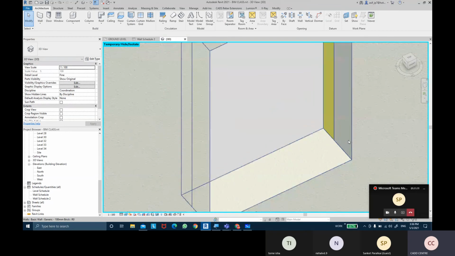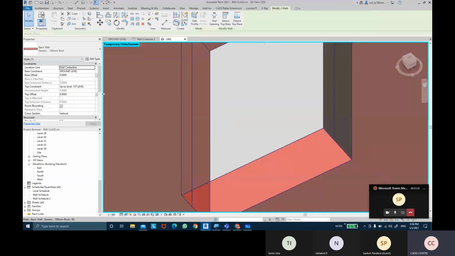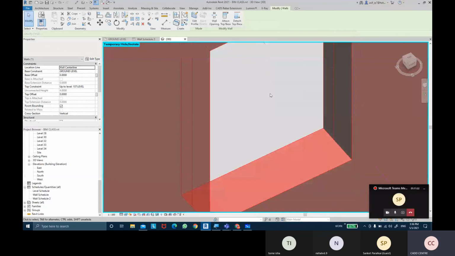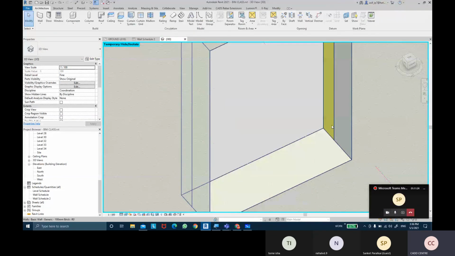Interior wrapping is also there and exterior wrapping is also there. And if I would have selected only the exterior wrapping at the inserts, only the exterior side wrapping would be there, not the interior side.